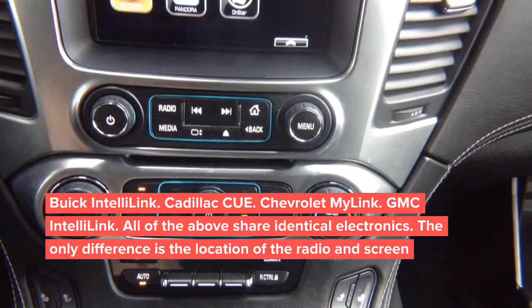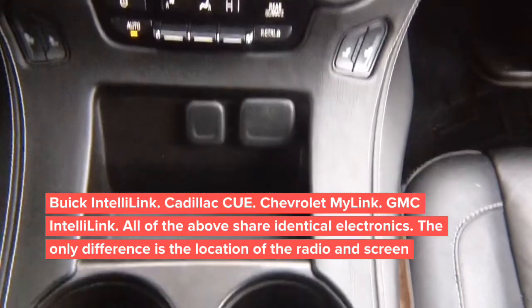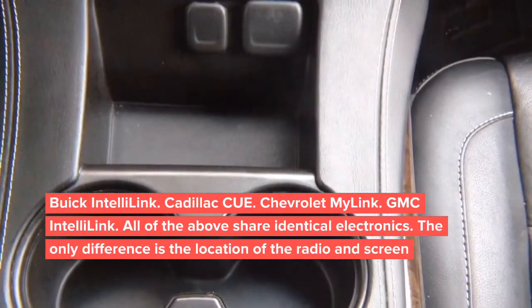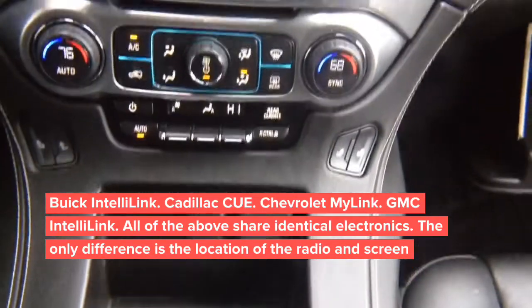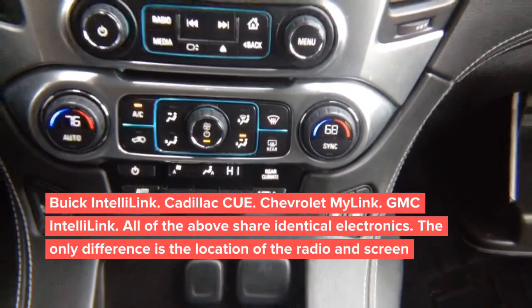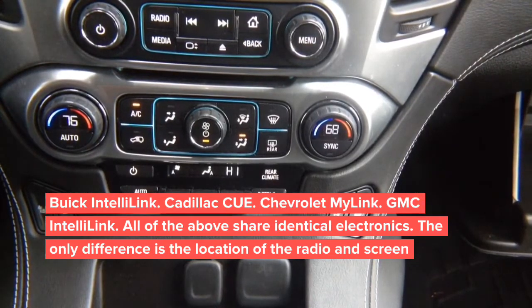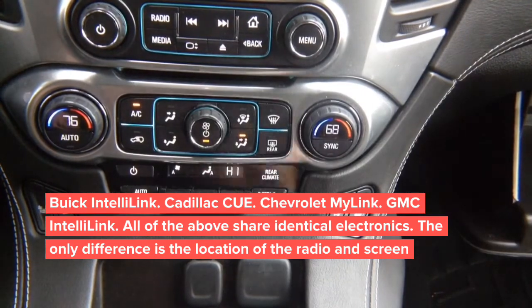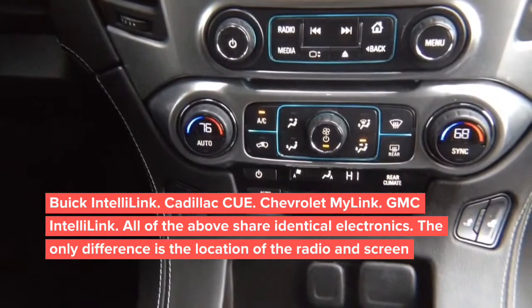Installation is pretty simple. Behind that panel, what we need to do is remove that panel on the bottom. This whole entire panel with the cup holders needs to be removed. It's very easy to remove this panel. There's nothing to remove it, basically. It's only held in place by clips. There's nothing holding it on the right side. So the only thing you need to do is on this left side over here,